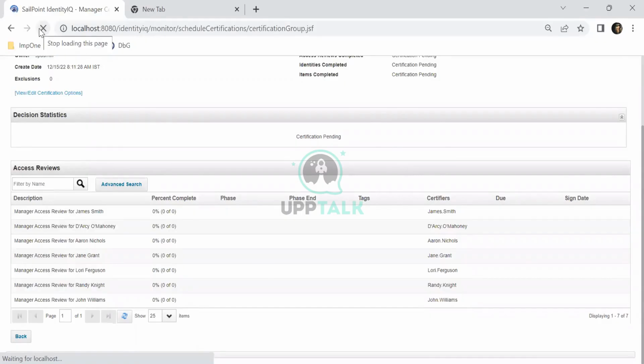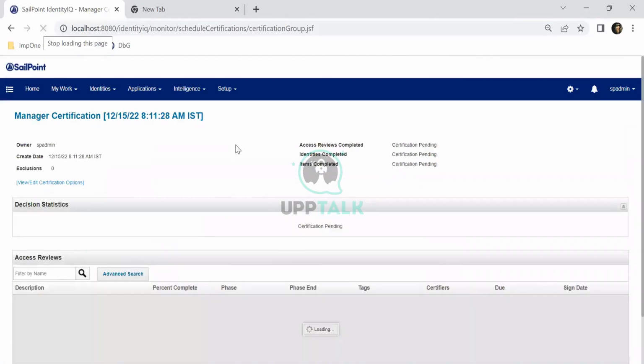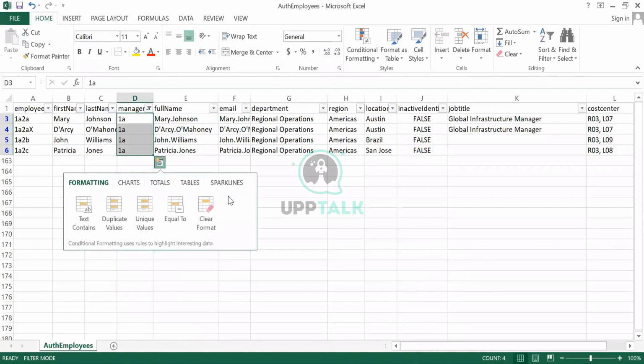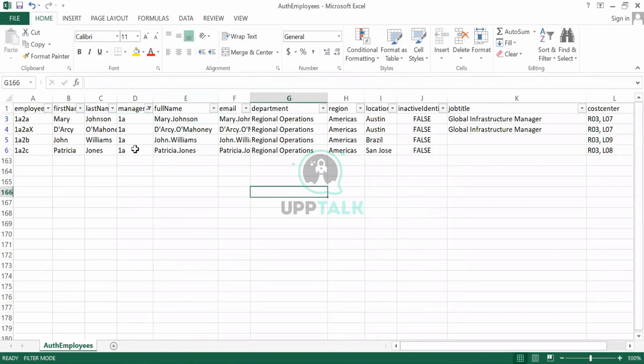The other one. Can you go back to the sheet, please? The other one would say DRC still belongs to James Smith. John still belongs to James Smith. Patricia still belongs to James Smith. These four to confirm. I understand. What's the fifth one? Now tell me. These four people are reporting to him, right? One access review will be generated.